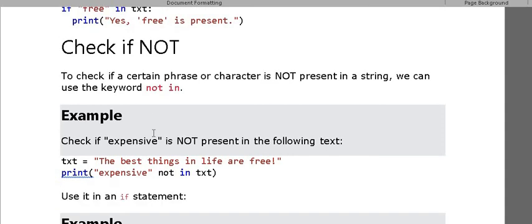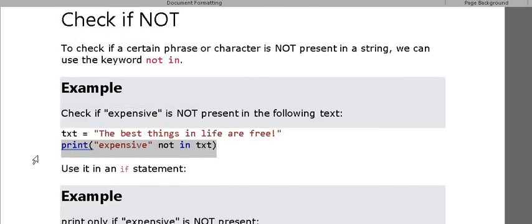Opposite of in is not in. If we want to check whether certain phrases or characters are not present in a string, for that we use the keyword not in. Means what we have to check? We have to check whether it is present in the particular string or not. Here you can see that I am using the print function, checking whether the expensive word is present in the txt variable or not.